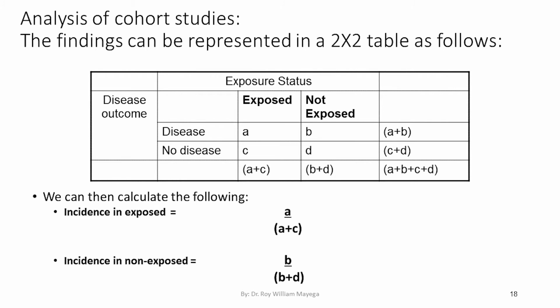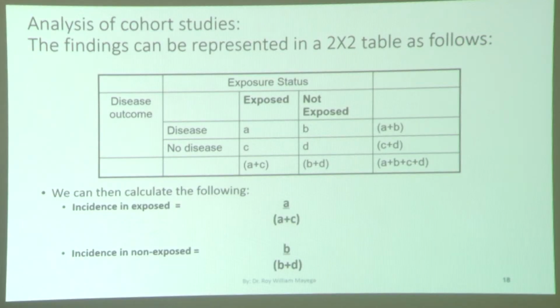Let's denote those A. And then you have a category of people who were not exposed to the potentially harmful exposure, but they go on to develop the disease still. Then we have those who are exposed, but they don't develop the disease, and those who are not exposed and do not develop the disease. So if we denote those with those letters,